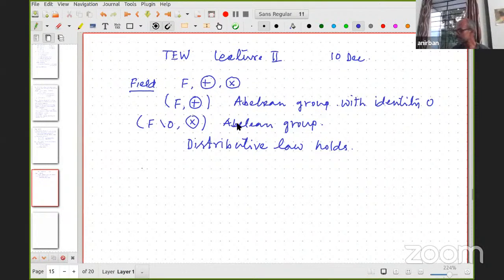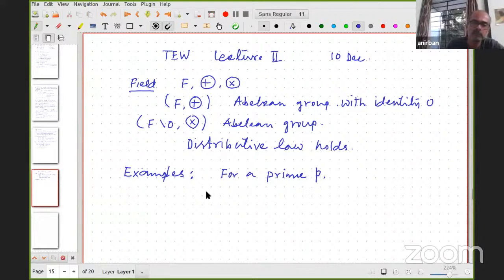So we start with examples. So let me just start with some examples. So the first example is for a prime P, the set of congruence classes modulo P. So for a prime P, so ZP, okay, let's write it here. So ZP,